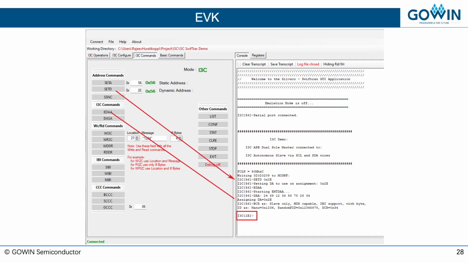After the I3C master is configured, the I3C application is ready to send I3C commands to the microcontroller connected to it. On power up, the GOWIN I3C is powered up in I2C mode with the slave address of 0x56. The first thing to do is to program the starting dynamic address to the I3C master using the setDA command by writing the value in the box provided next to the setDA button. Here we have 0x2E written in the box, and you will see an acknowledgement saying that 0x2E is written when